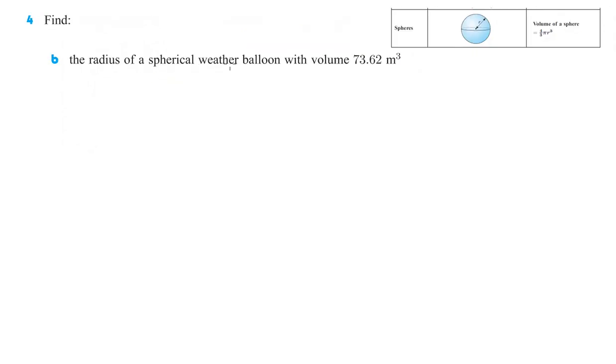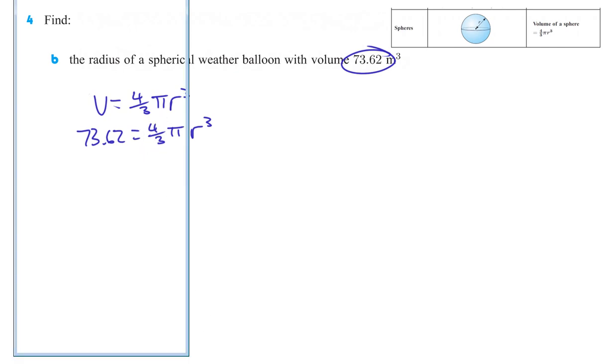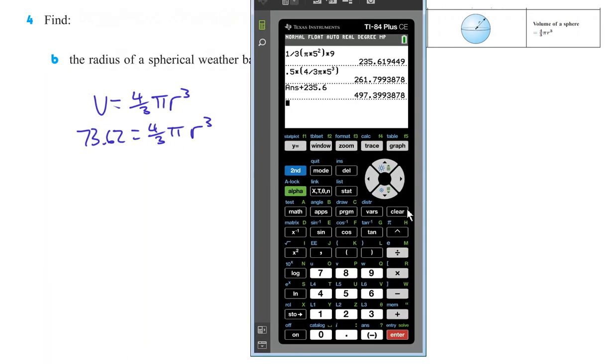Okay, next one. Find the radius of a spherical weather balloon with volume 73.62. So, our formula: volume equals 4/3 pi r cubed. Now we know that the volume is 73.62, so we do 73.62 equals 4/3 pi r cubed. All right, so we're going to want to divide by this 4/3 pi. Let's turn our 4/3 pi into 4 divided by 3 times pi, and that gives us